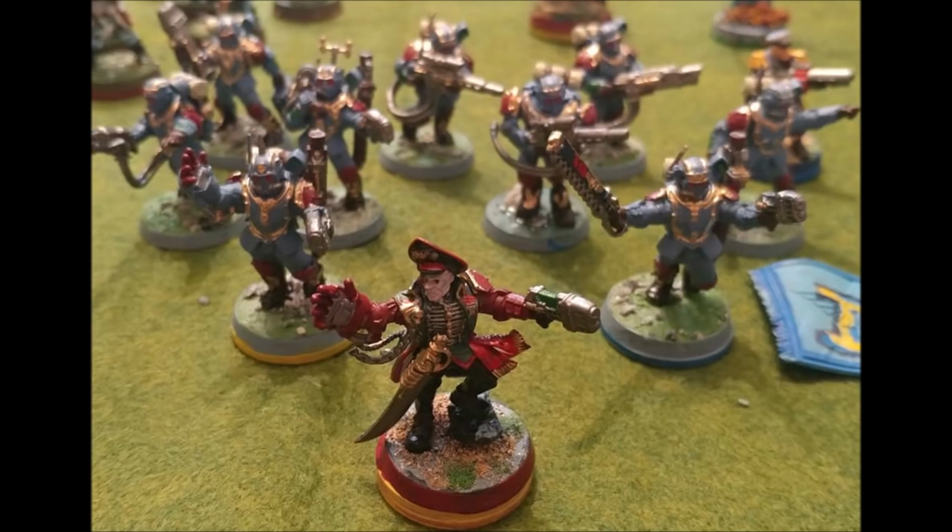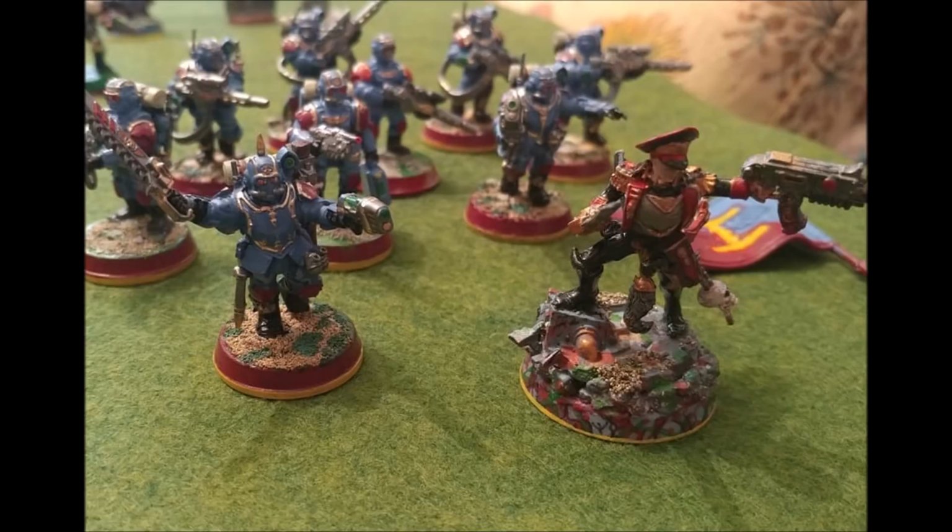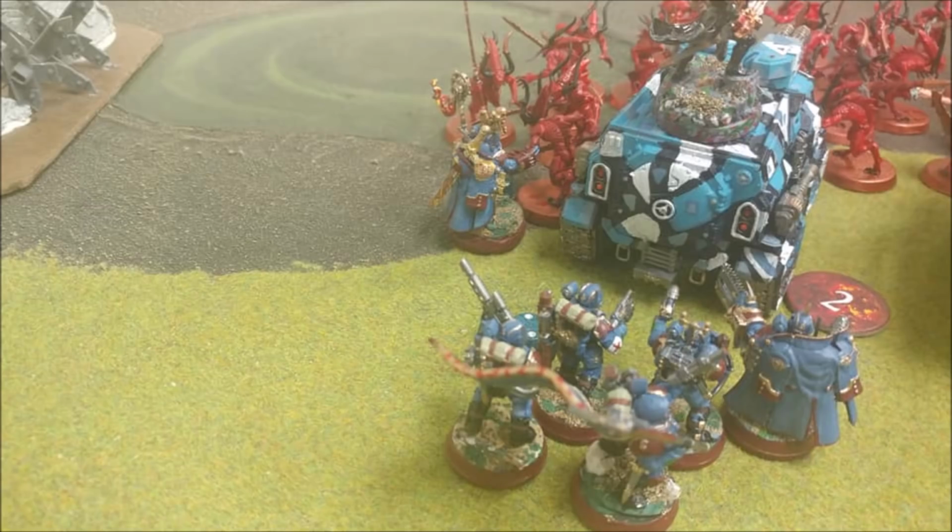But I'm hearing you say, yeah, but it happens on a 4+. That's kind of unreliable. It is. But this guy's only 20 points, so he's pretty cheap. But it's not that bad anymore because they actually released a new stratagem in Psychic Awakening for the Scions, and